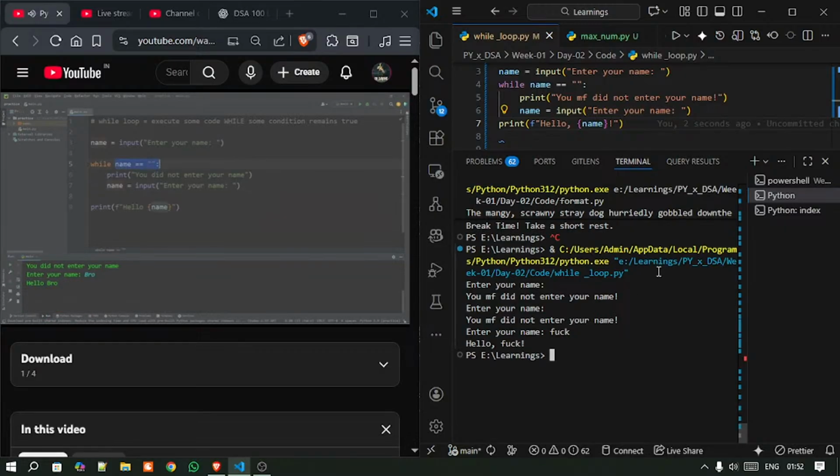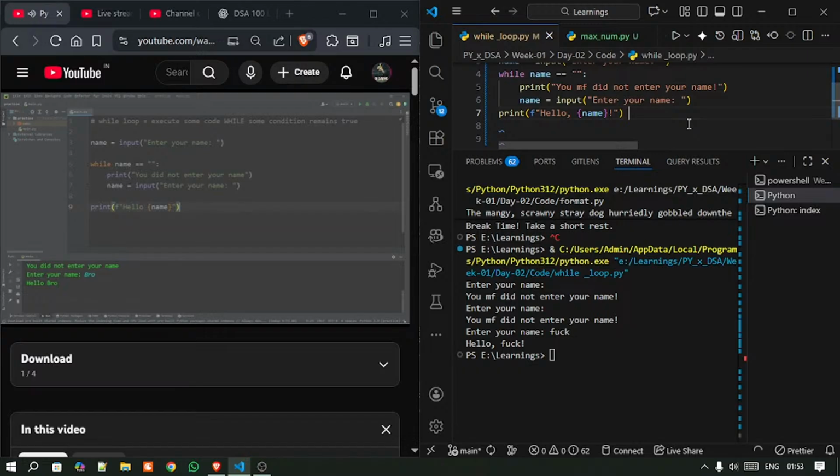While this condition remains true, execute this code potentially forever until this condition is no longer true. So that's one of the main benefits of a while loop. If it's not true, then you exit out of the while loop. And that's why we're able to continue, then print our name. Hello, name. You do want some way to escape out of the while loop, otherwise you'll run into what's known